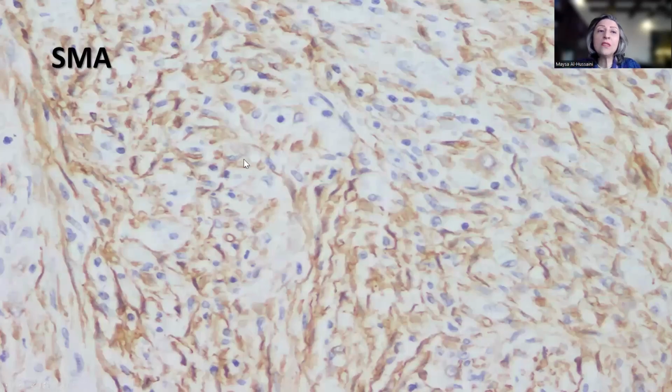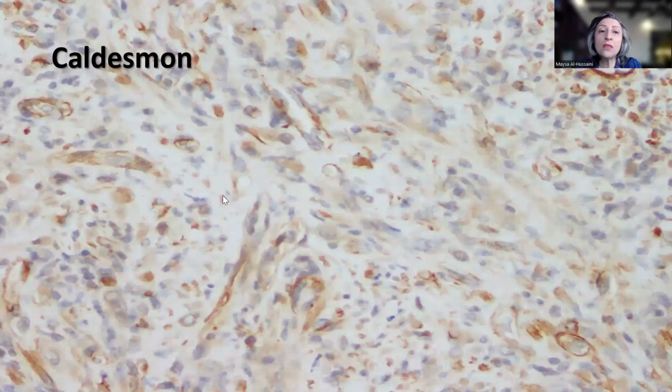Now, into the immunohistochemistry, the smooth muscle actin was focally positive, as was caldesmon, and this would bring into the differential diagnosis myofibroblastic tumors in general, as well as smooth muscle tumors. But really what is striking in this case in particular is the inflammatory infiltrate. Now remember that even nodular fasciitis in a way can enter into the differential diagnosis